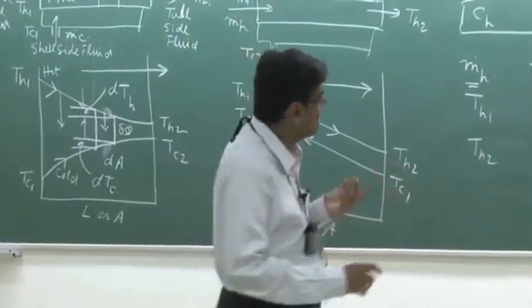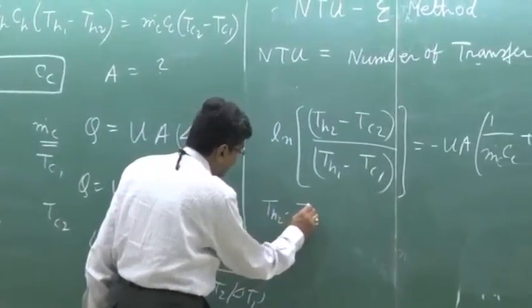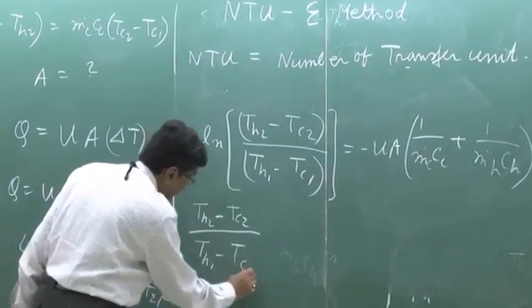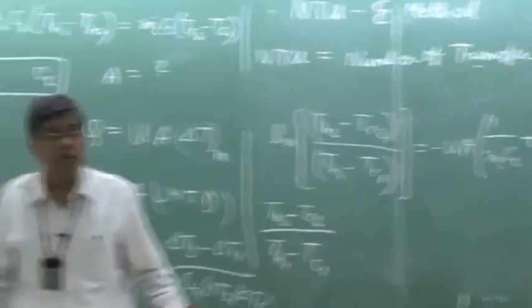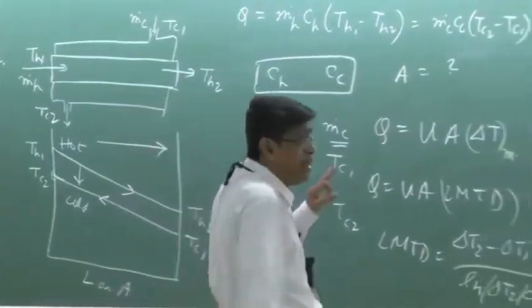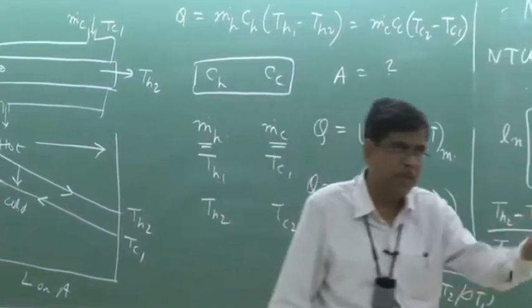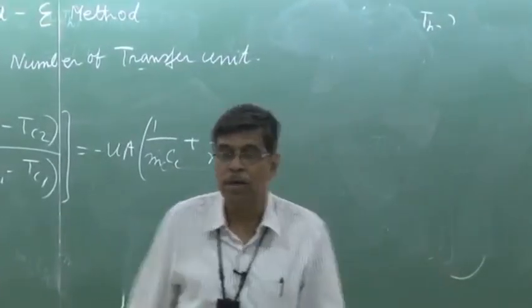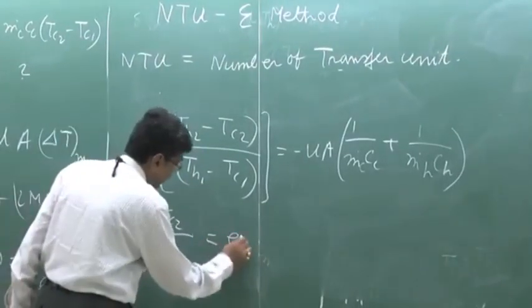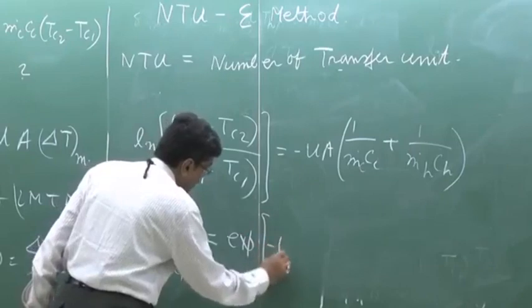But if I stop here in that deduction, I just change the route. Let us write this Th2 minus Tc2 divided by Th1 minus Tc1. You just follow. You may not have to take note because it is given in the textbook. You may or you may not take notes, but follow it, because if you logically follow the deductions, you will be able to deduce for a new condition. It is equal to, I just write this in an exponential function, nothing great, minus UA,